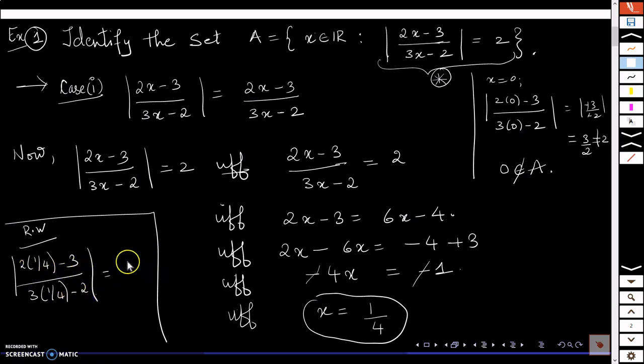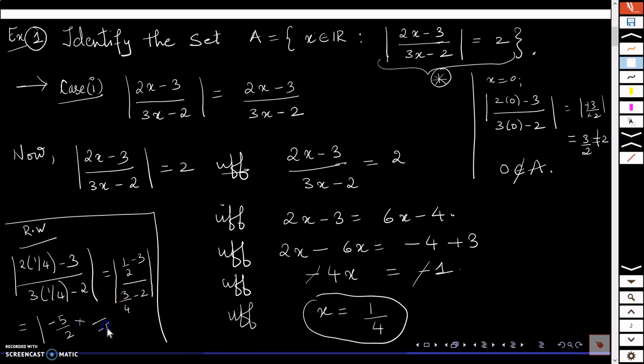This is nothing but half minus 3 upon, and this will be 3 by 2 minus 2, and the absolute value of that, of course, it's this. And now if you try to simplify this, how much will this turn out to be? That will be equal to 1 minus 6 by 2, right? 1 minus 3 2s are 6 by 2, that's minus 5 by 2, and this one will be 3 minus 8 by 4, so that will be minus 5 by 4.